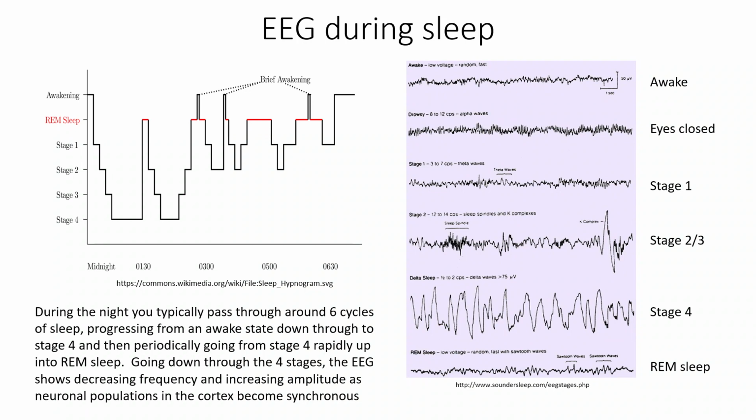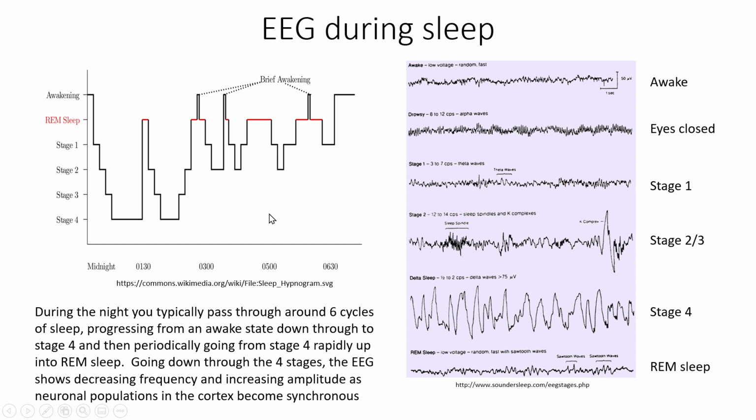Well, what we know is that during sleep, the neurons of the brain go into a synchronous pattern of firing. And so it does seem to be that if the brain is deprived of its sensory input, then synchronicity sets in. And we'll see how that synchronicity sets in when we look at the EEG tracings of the various stages of sleep. Let's start off, though, by looking on the left-hand side at this graph, which is called a hypnogram.